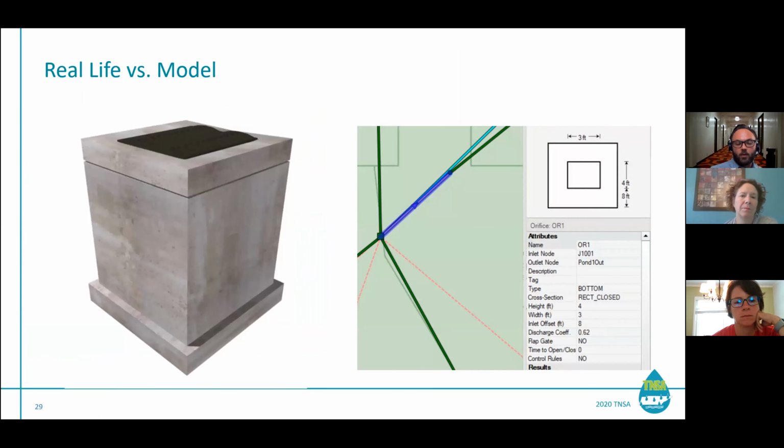We got our old castle box culvert drop structure over there on the left. What that looks like in the model is actually a line feature between 2 points, and it has relatively similar dimensions. It's a bottom orifice, is the way it's put in there, a rectangular closed orifice that has a discharge coefficient of, I don't know, 0.62, maybe as high as 0.7. But we're used to seeing these sorts of things all the time, just sitting out there in the middle of a basin or whatever else. But they have all this math that's written on them that the model will use to find its